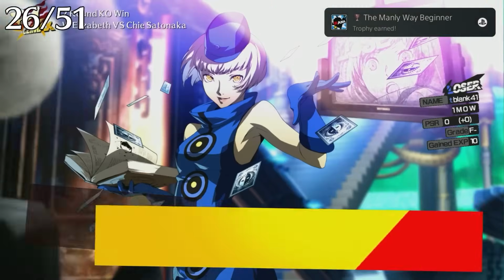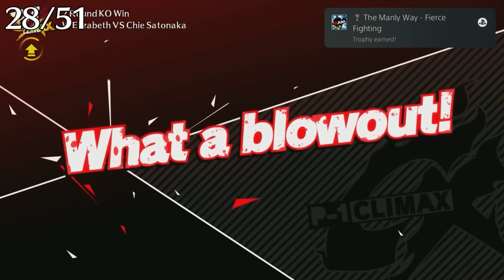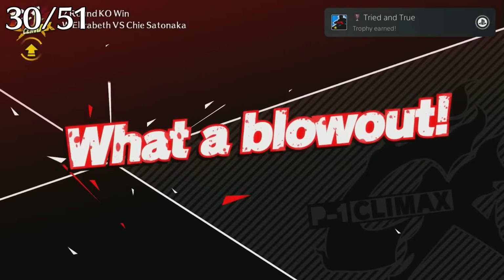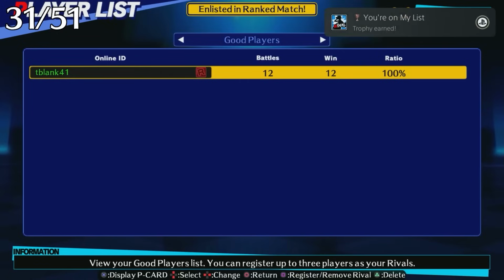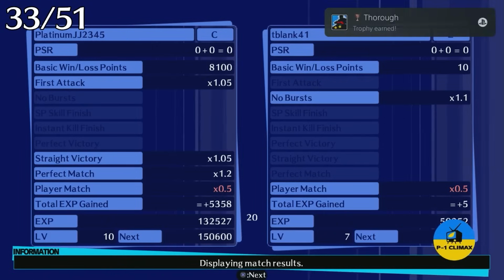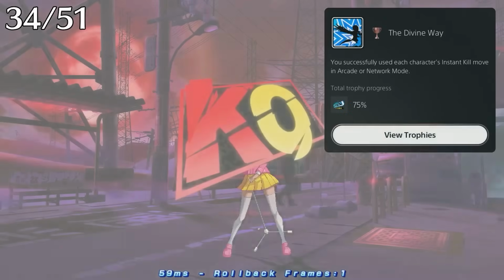I get the Manly Way Beginner for reaching grade F, first victory for winning my first match, the Manly Way Fierce Fighting for reaching grade E+, the Manly Way Mortal Kombat for reaching grade C, Tried and True for completing 20 network matches, You're on My List for registering Arrival, the Punk's Way for beating an opponent without letting them awaken, Thorough for completing 50 network matches, the Divine Way for using every character's instant kill move, You're Not Me